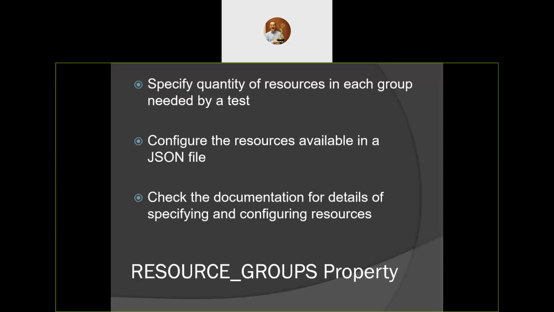However, that's still pretty restrictive. You can get finer grained control using the resource groups property. This lets you specify the quantity of each resource that a test needs. And a test can say, I need different quantities of different resources. So I need this much, and the resources are just arbitrarily named, and the quantities are arbitrary, but they are